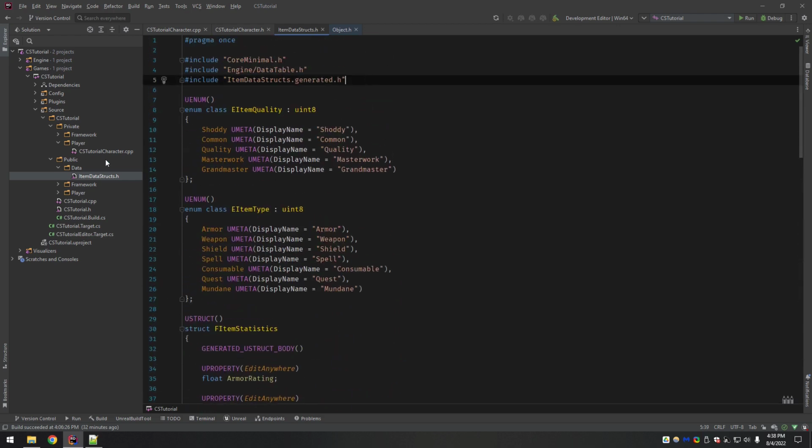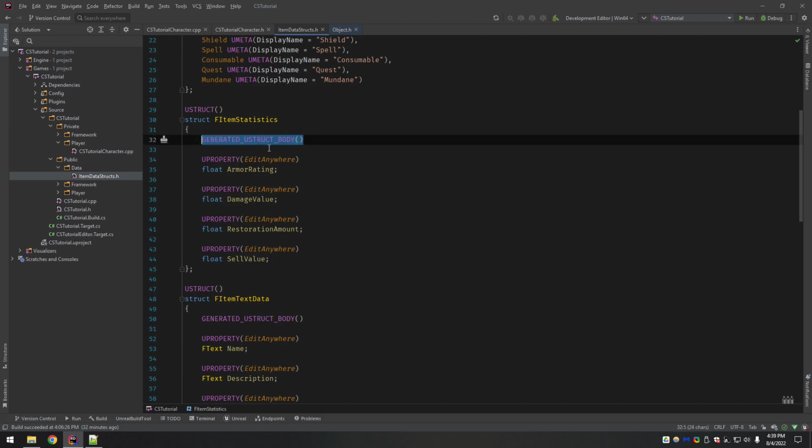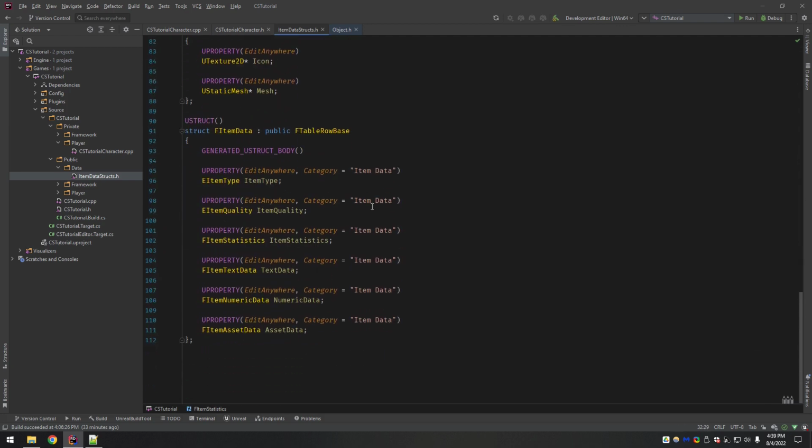Let's see. So it's been added here. It's all filled out. It's got the required includes. It's got our generated body macros. It should be good to go, but now how do we actually make the project know that this belongs to it and be able to include it in other places?